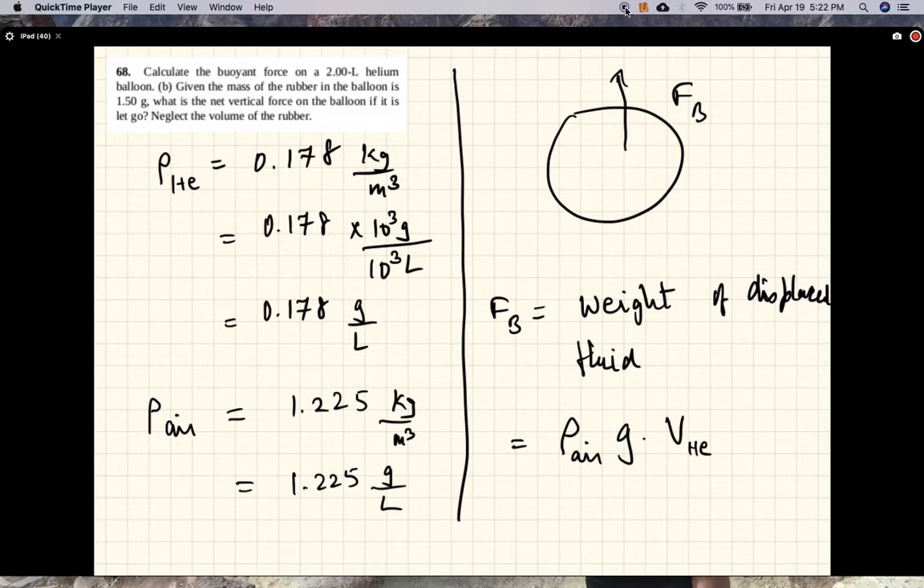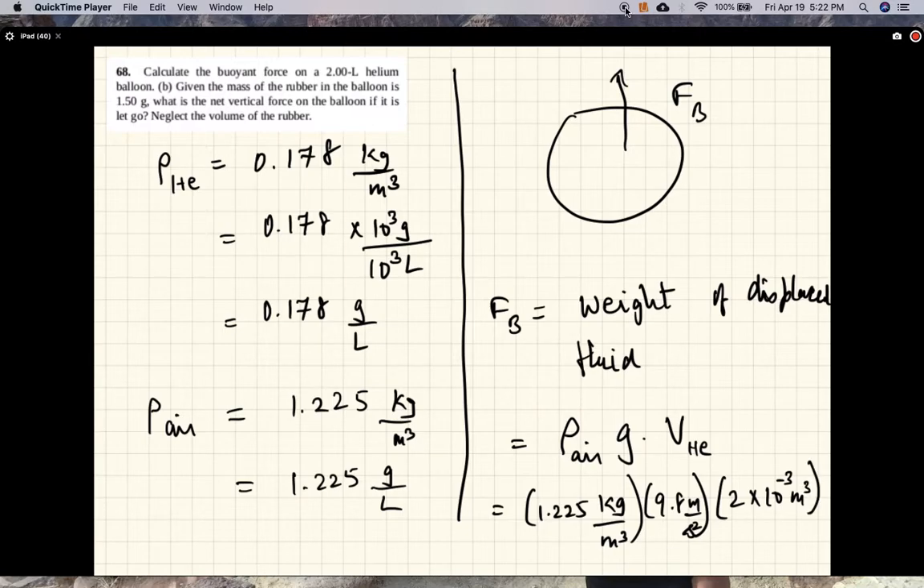So this is equal to 1.225. Oh, I guess we'll have to keep this in SI units. 1.225 kg per meter cube, g is 9.8 meters per second squared, and the volume of the helium balloon is 2 liters, and 1 liter is 10 to the minus 3 meter cubed. All right, so this works out to